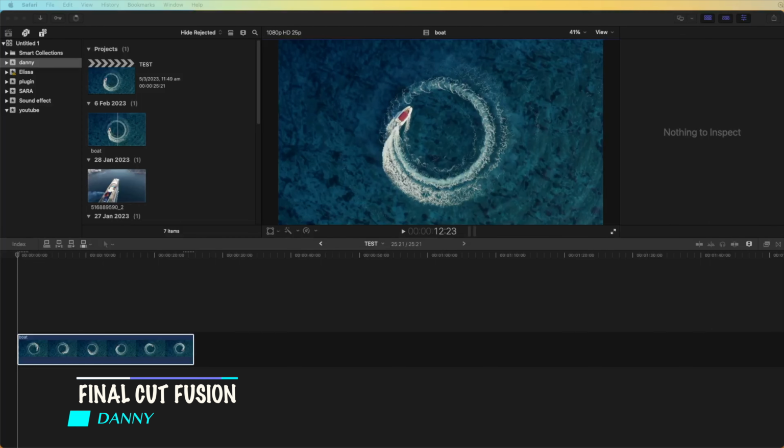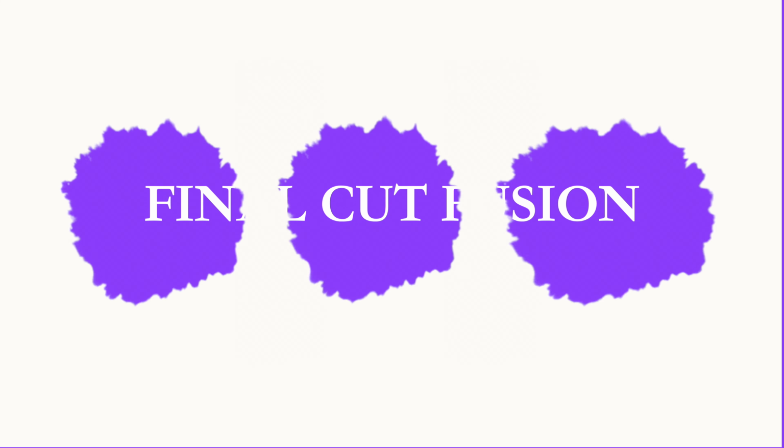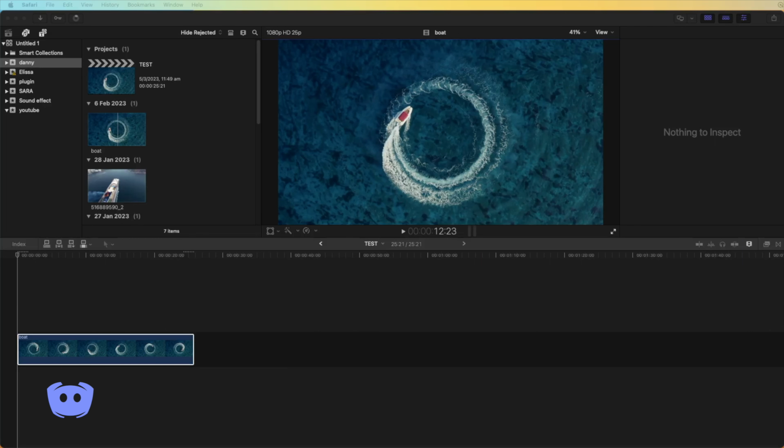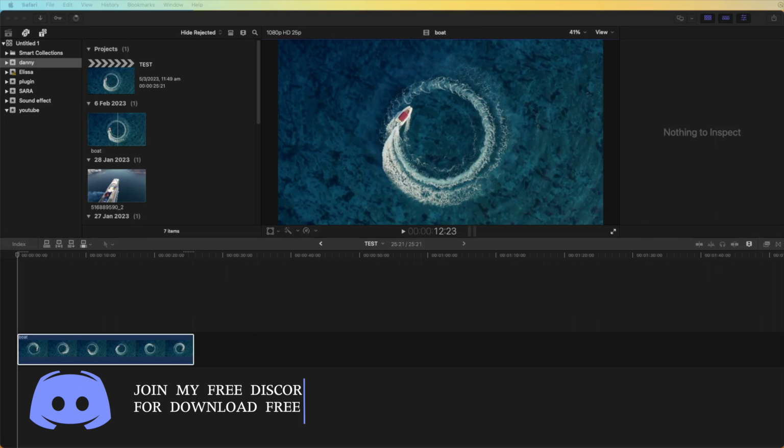In today's video we're going to talk about how to save space in Final Cut Pro after your project has been done. It's really important because we have really limited storage on the Mac or on our hard drive. It's really important to understand this one and do it on your project because